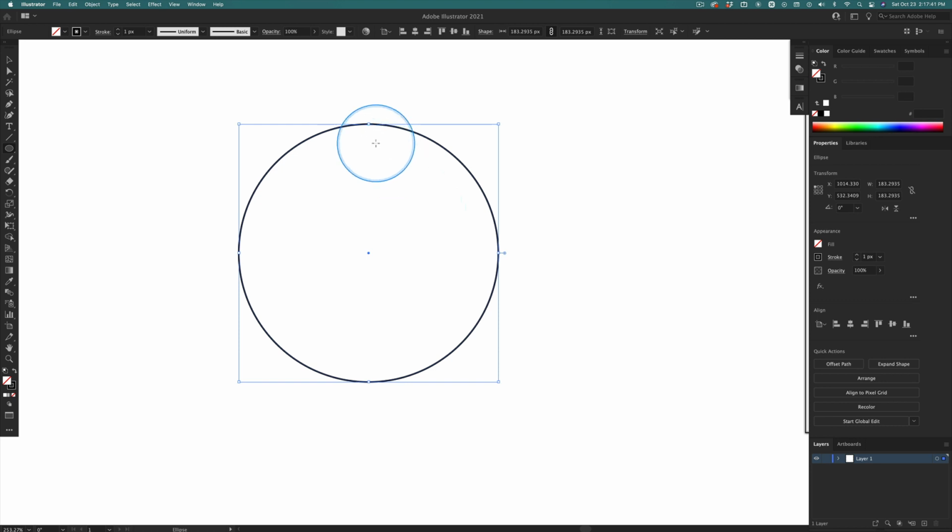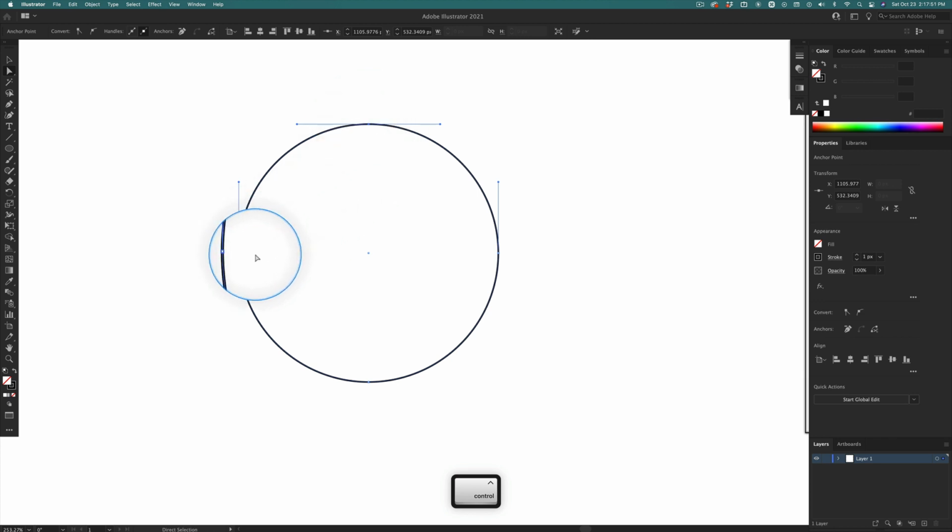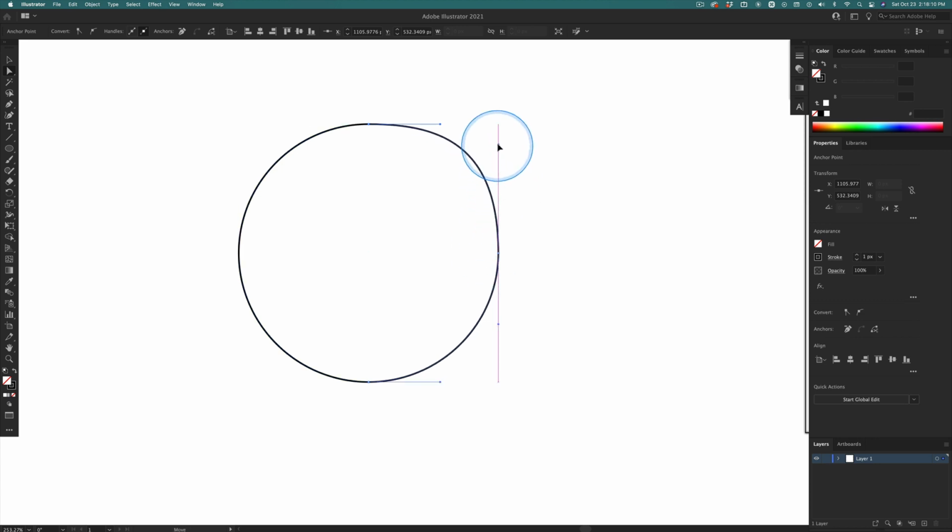And these anchor points, if I hit the letter A to get the direct selection tool, I'm going to click away. And you can draw a rectangle around it. And notice that that anchor point is highlighted, it's solid, and these other ones are hollow. They are not selected. Hollow anchor points aren't selected, but even though they're not selected, you can affect them. You can affect the path that is defined by this handle by grabbing it and pulling on it,